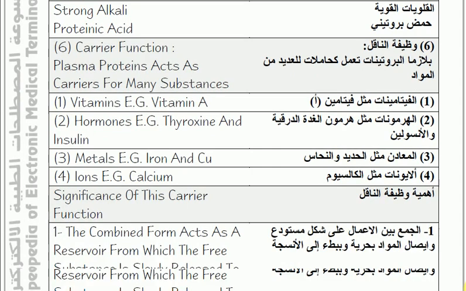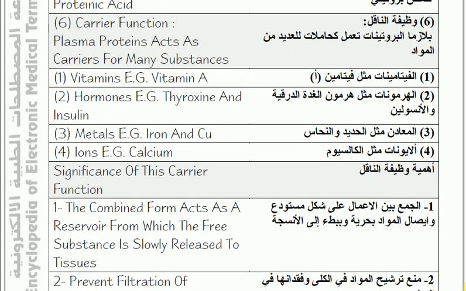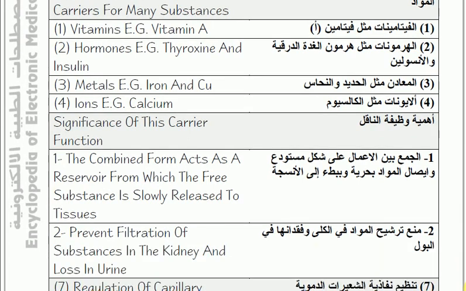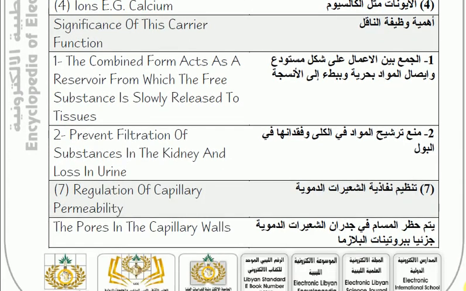6. Carrier function. Plasma proteins act as carriers for many substances. 1. Vitamins, e.g. vitamin A. 2. Hormones, e.g. thyroxine and insulin. 3. Metals, e.g. iron and Cu. 4. Ions, e.g. calcium. Significance of this carrier function: